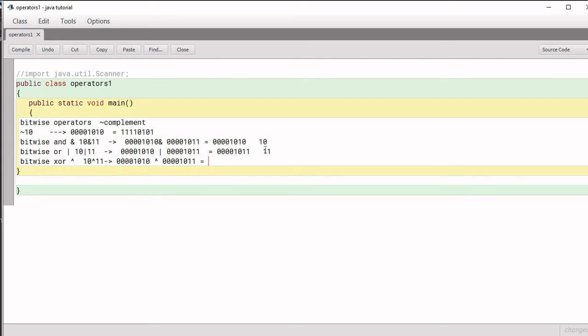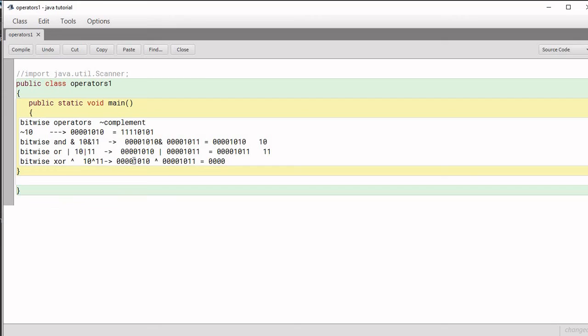What is the logic of the XOR operator? If both the values are the same, then the result will be 0. If the values are different, then the answer will be 1. Here there are 4 zeros and 4 zeros, so all these are the same and the answer will be 0, 0, 0, 0.